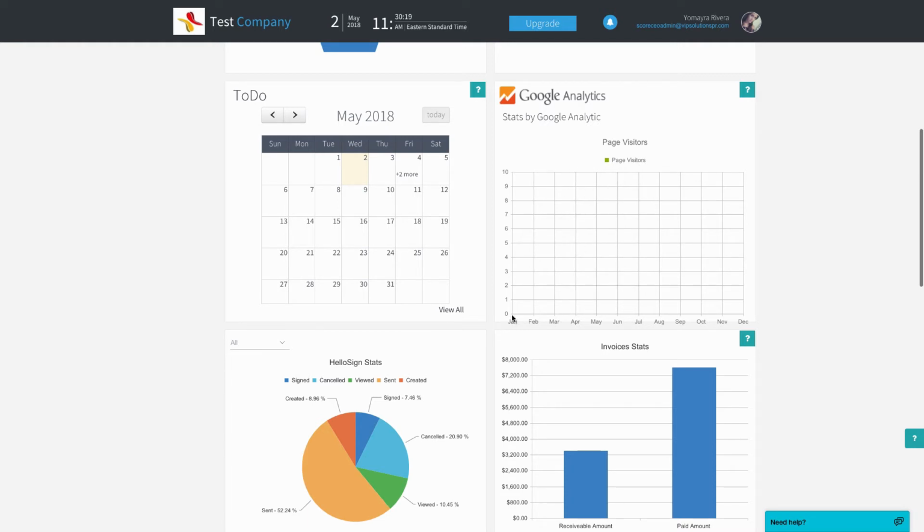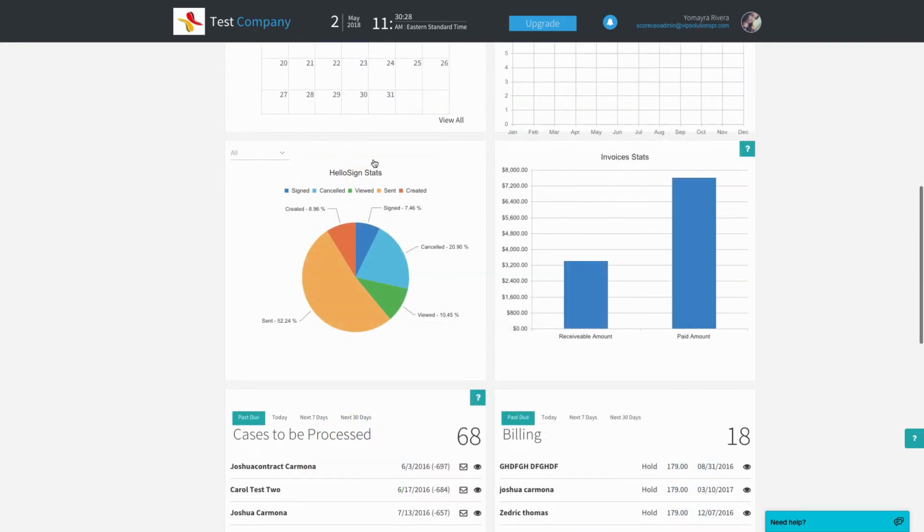So for example, it could be January, you can start in 0, then it can go up to 4, and so on. So the next widget we have is the HelloSign stats. Here you can view how many documents have been signed completely, have been canceled, viewed, sent, or created. You can also turn these off so you can view how many were signed versus canceled, or how many were viewed versus signed, or sent versus viewed,